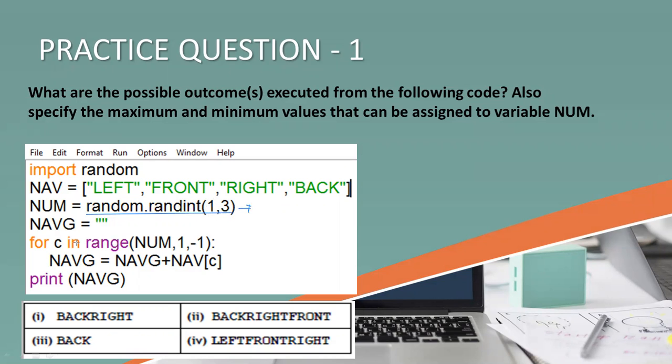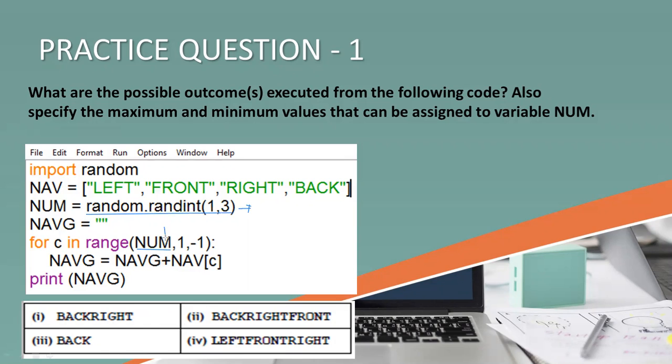Now let us move to the next. What is there in the statement? Here you can see that there is one loop which is running from num. So the loop may run in three cases. First, if num is equal to 1, second, if num is equal to 2, and third, if num is equal to 3. In all these three cases, we have to find the output, and then select from the given options.